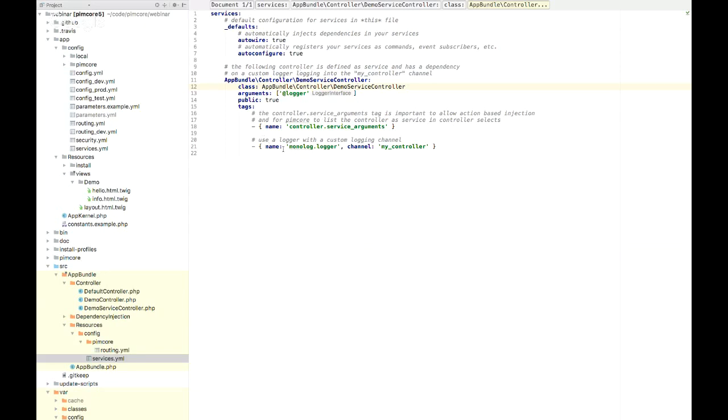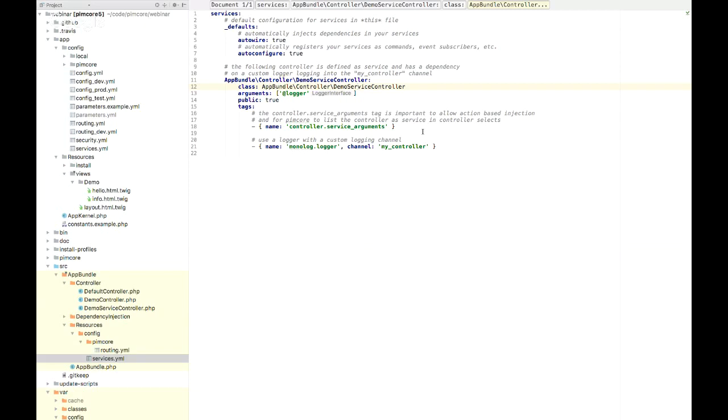So one tag is the monolog logger tag, and this tells Symfony when it builds the container to inject a specialized logger. So we have the app logger, there's a doctrine logger, which just logs DB queries. There's a cache logger, which just logs cache stuff. And you can request any specialized logger by tagging the service with the monolog logger tag, and the logger injected here above is a specialized logger with this channel. You can use this channel to filter logs, to write a specialized channel to an extra file, or to just ignore channels. So they're just a categorization of logs you can use to